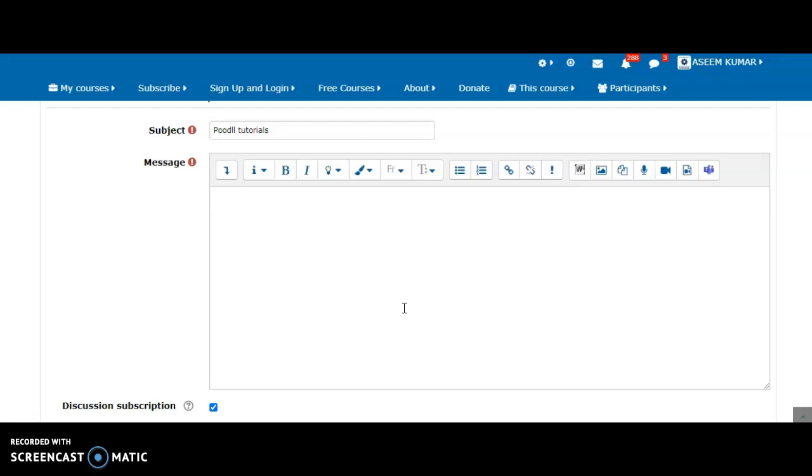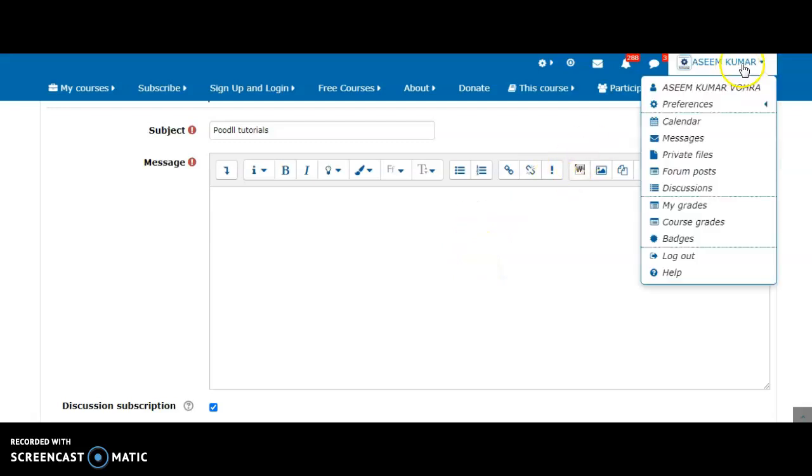Here I will explain some of the facilities provided in Moodle which can help you in giving instructions in a better way for online teaching. Okay, so to start with, first you should check